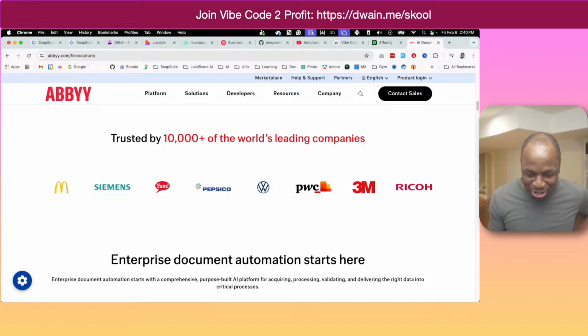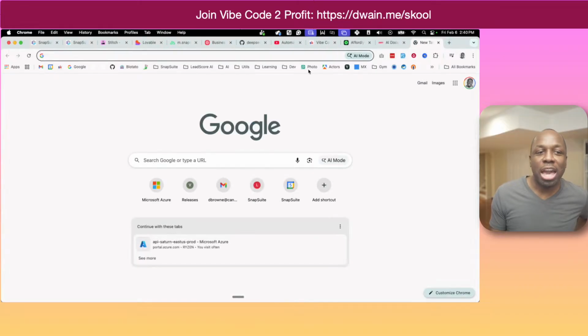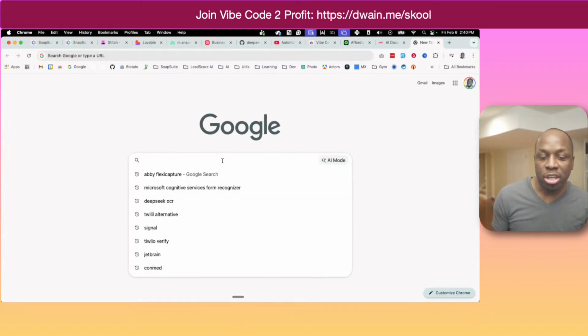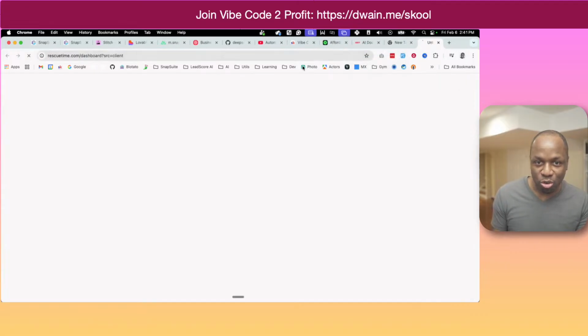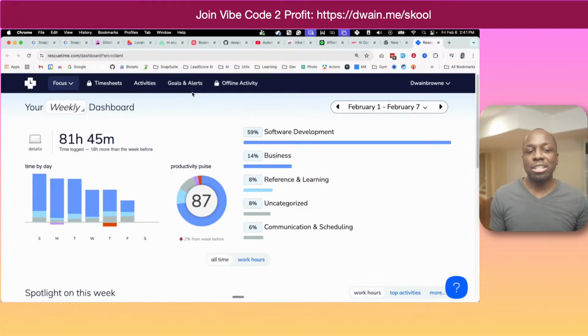Have you tried OpenClaw yet? No, I haven't tried OpenClaw yet, and not because I don't want to. Like I said, I've just been focused on my own work, and I don't want any distractions. So I decided I'm just going to table all these tools. When I get to them, I get to them.